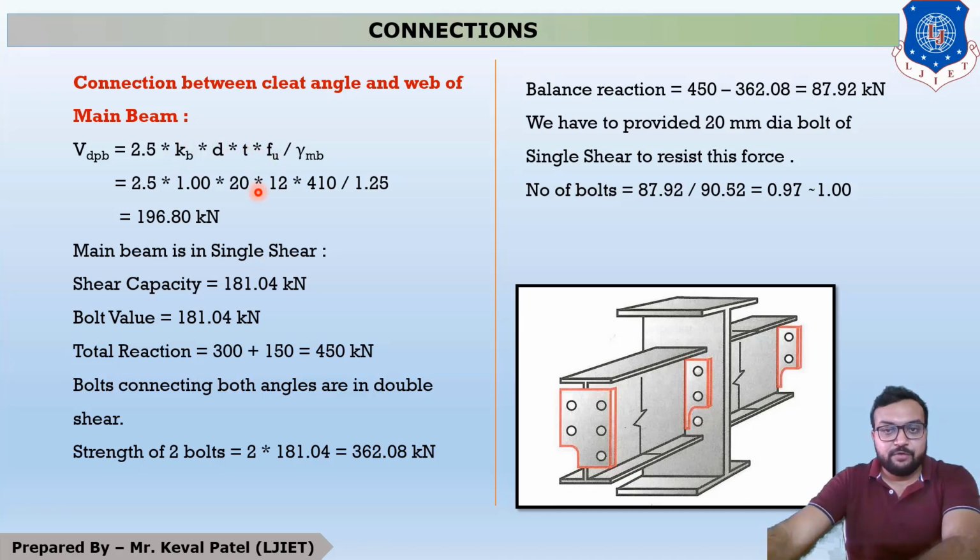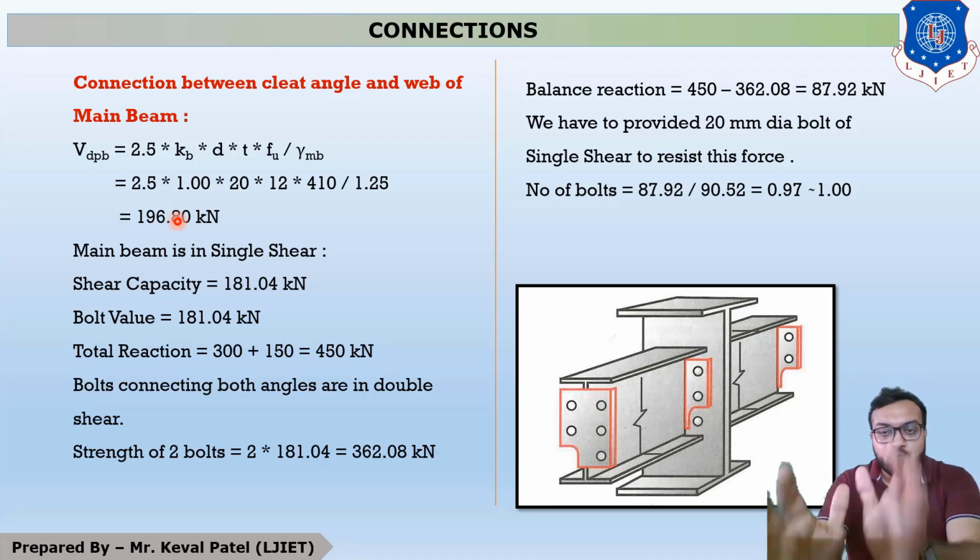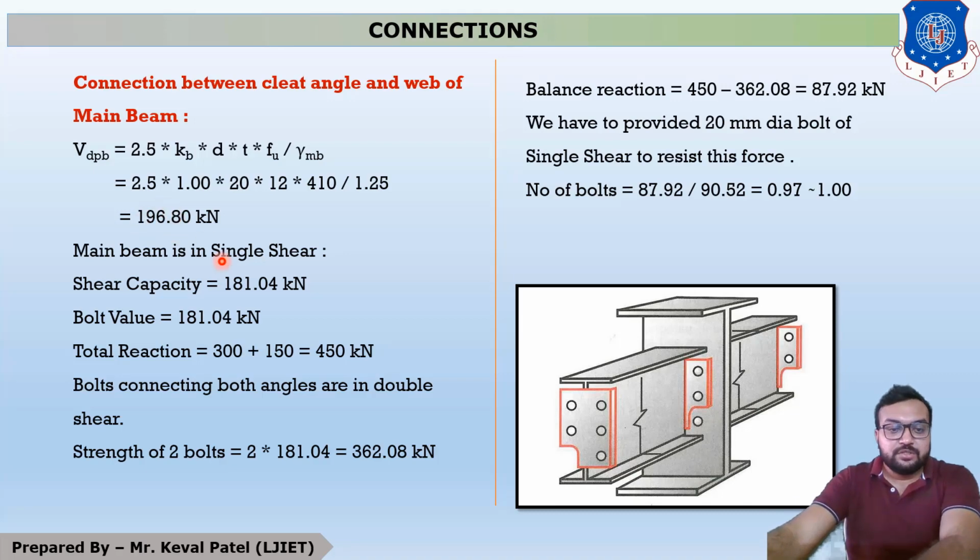So students, after putting all these values, our answer is 196.80 kilonewton. It means if we put one bolt, it takes 196.80 kilonewton. But you all know that bolt value means the smaller value. So the smaller value of these two values is